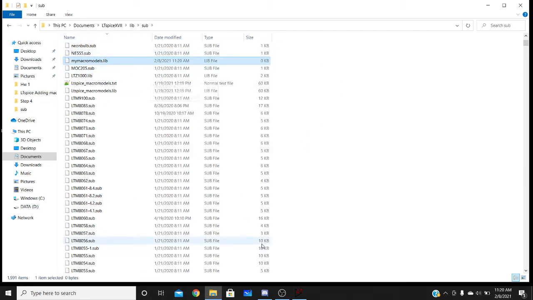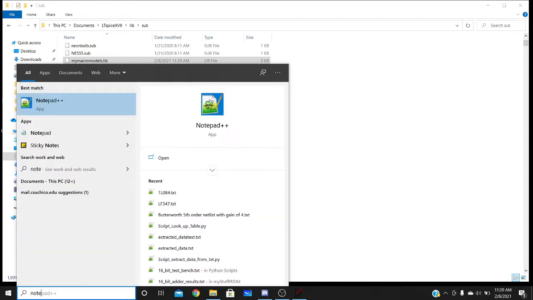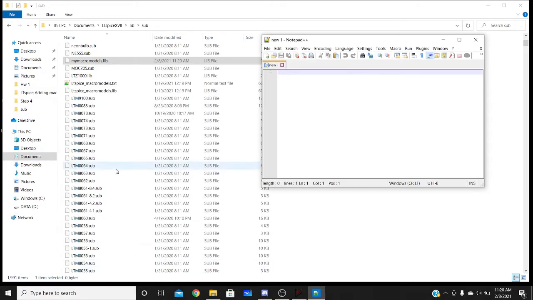You could just double click to open it, but in order to edit this file, I need to open it in a text editor or just Notepad++. I highly recommend using Notepad++ compared to just Notepad. It has more features and is more useful, in my opinion. Simply drag and drop it into Notepad++. And I'm looking at my cheat sheet here. Essentially, like I mentioned, this file will contain all of your models. Now that we have this file created in this specific directory,